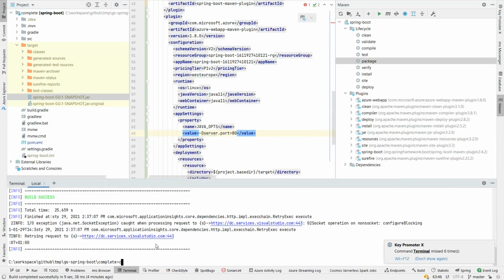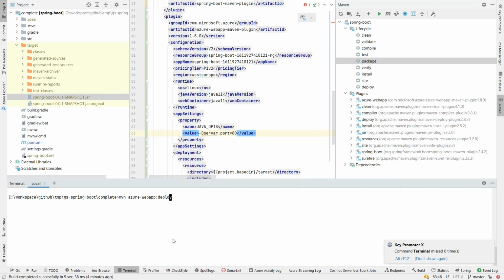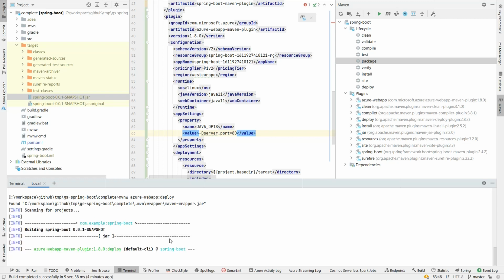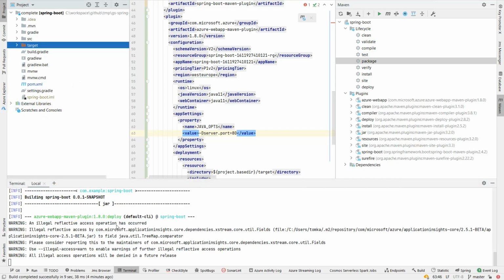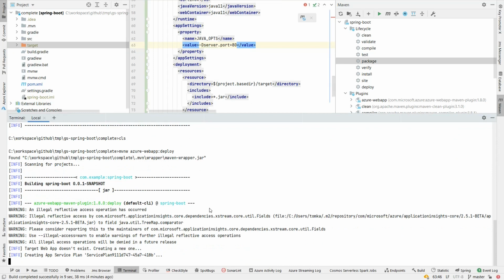So in the terminal, let me run my Maven wrapper instead of running Maven. What it does is move the artifact which was created earlier by the package step, and deploy this to the